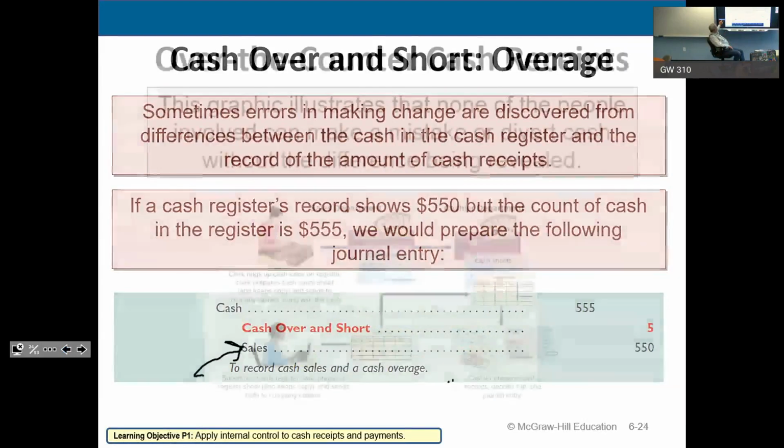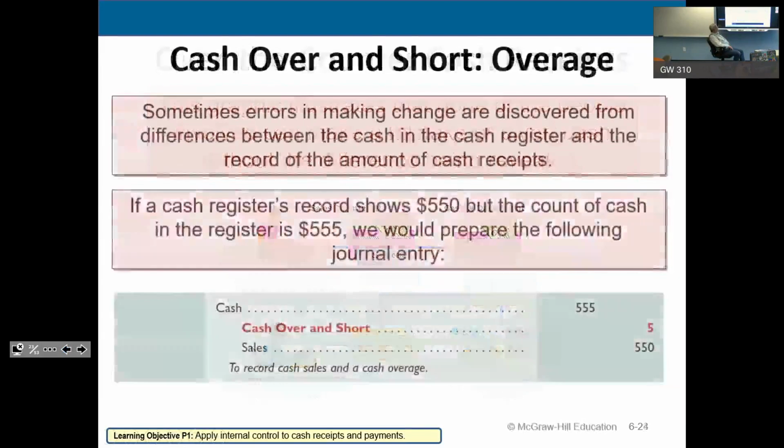So now here we go with petty cash, cash register, and the record of cash receipts. Petty cash is coming up. But what happens if you're over or short? I heard a rumor. Somebody told me in a classroom like this a couple of years ago that Walmart doesn't care if you're $5 over or under. I should say under, $5 under on your register at the end of the day. I find that hard to believe. But